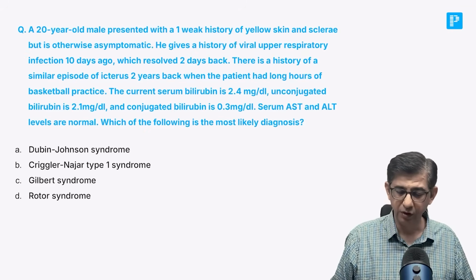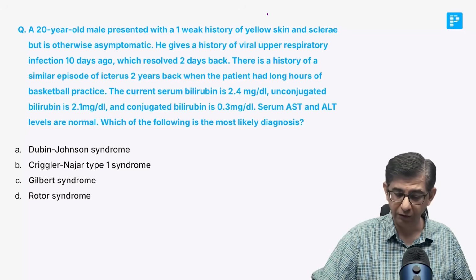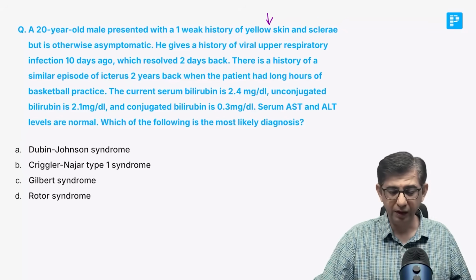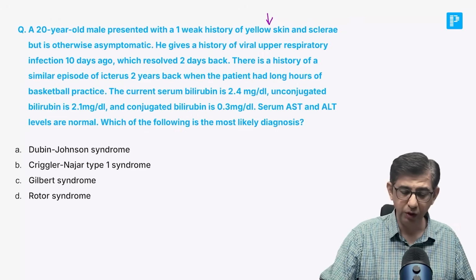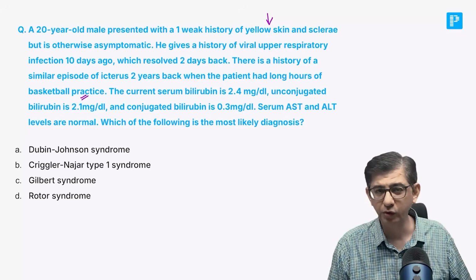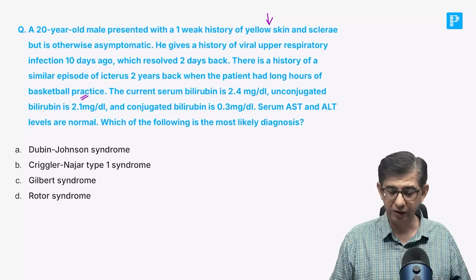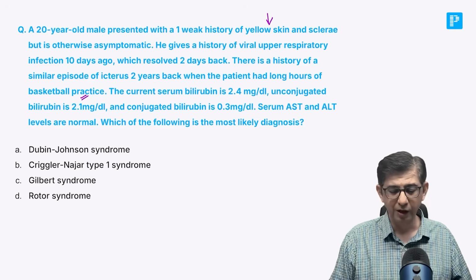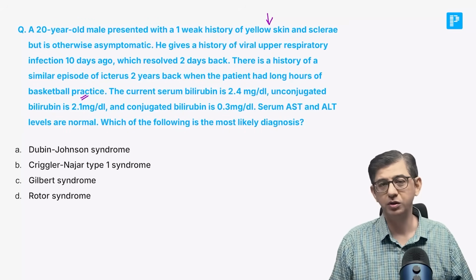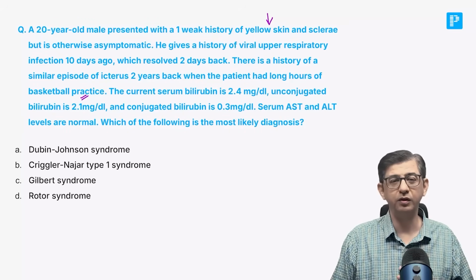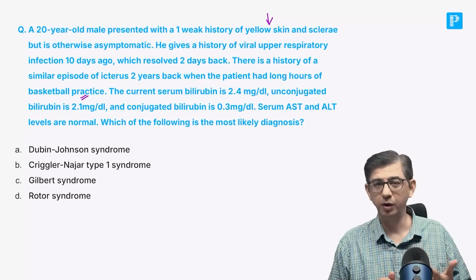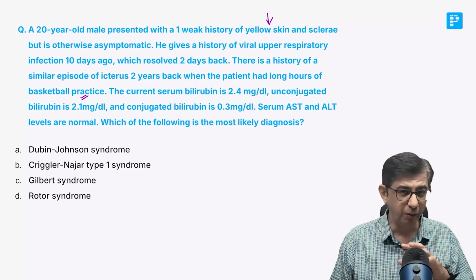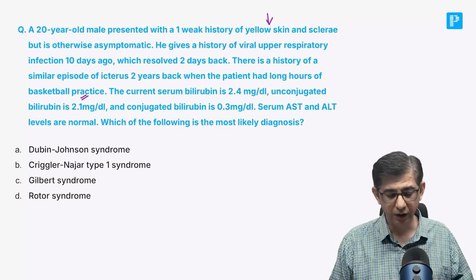Then we have this long stem question, patient having jaundice. The jaundice is occurring on a recurrent basis. He says that even 2 years ago, the guy was doing a little bit or too much of sports, and following a basketball practice, there was presence of jaundice. So whenever you get this long stem question where there are recurrent episodes of jaundice, it's unlikely to be a viral hepatitis. And from the hyperbilirubinemia variety, the most common variety that you are going to encounter is